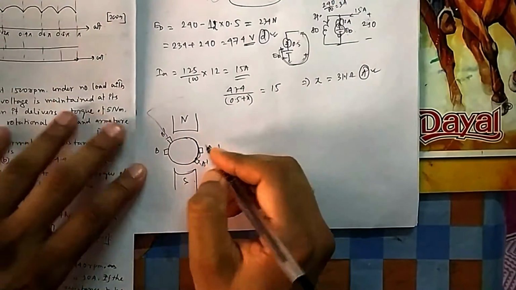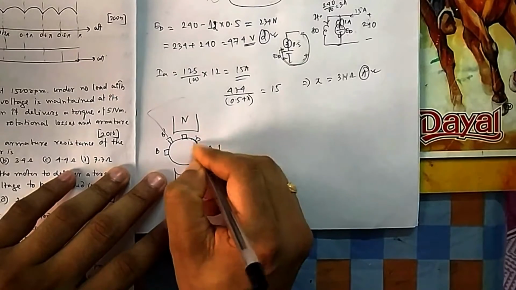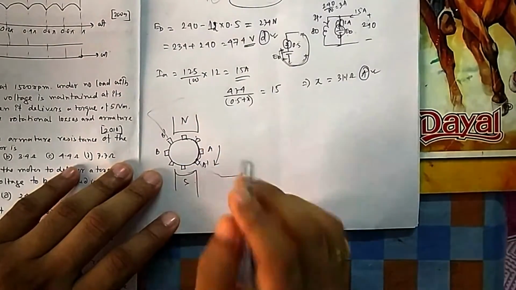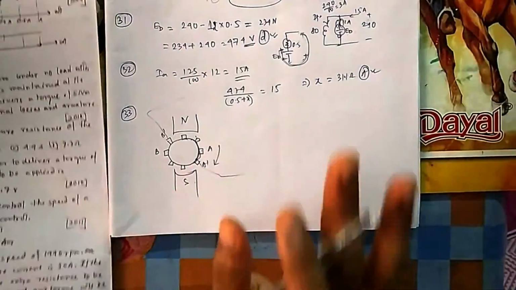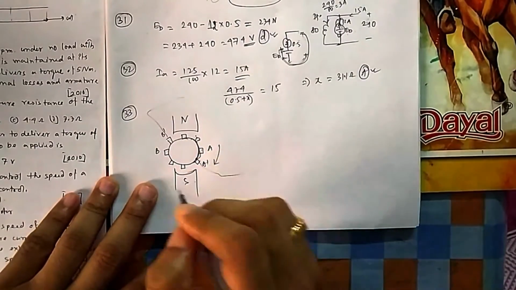Okay. Now there are other coils also. I am not drawing it. You can draw it also. Okay. Let me draw. Suppose there are other 1, 2, 3, 4, 5, 6, 7, 8. 8 I have given. You can choose any another one to make it 10. Okay. For now, you just mark this polarity and see what's happening.